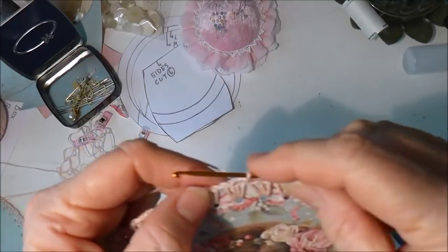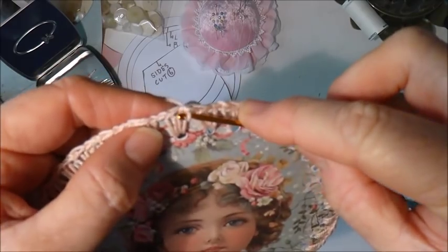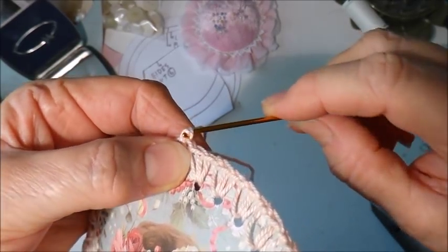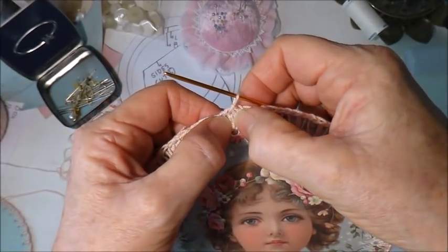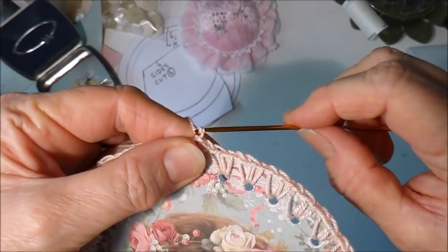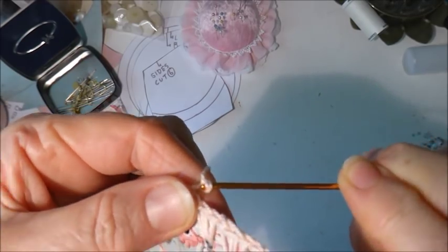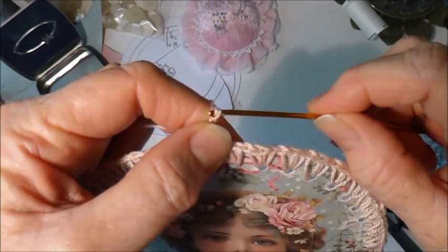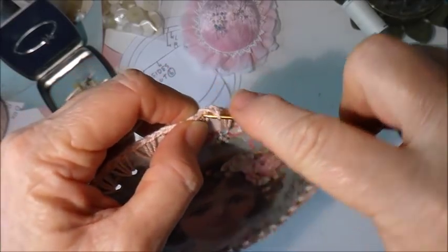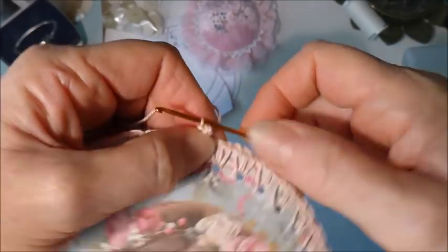The instructions also say just make it up as you go along as well, which suits me fine. So I'm just going to have a little play and see how I go. So that first one is a slip stitch, and I put that in between those 2 stitches. Now I'm going to do three chain stitch, like that, then back through that same hole and do another slip stitch, like that,